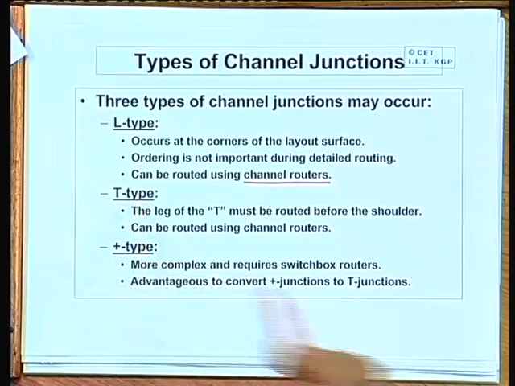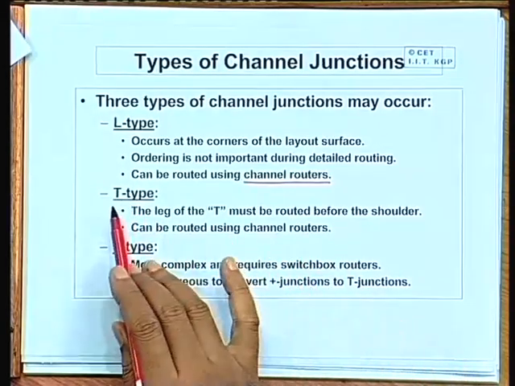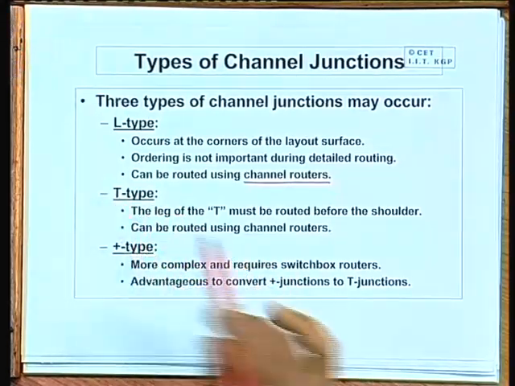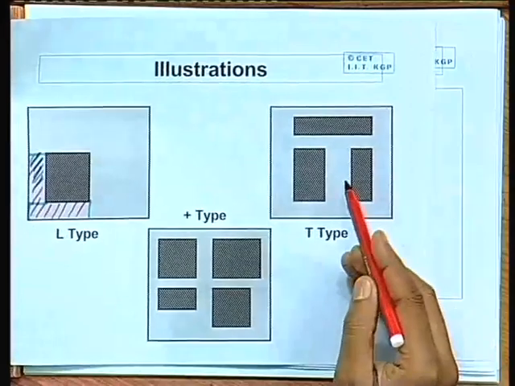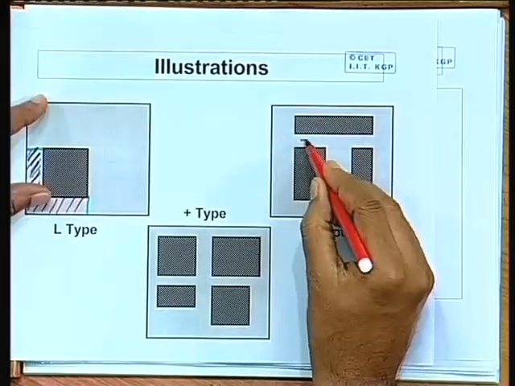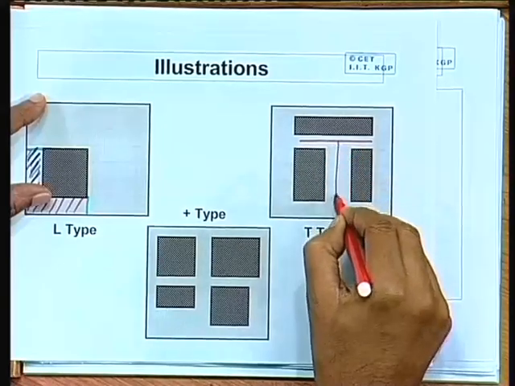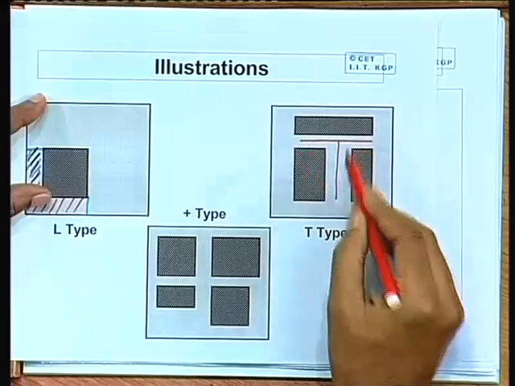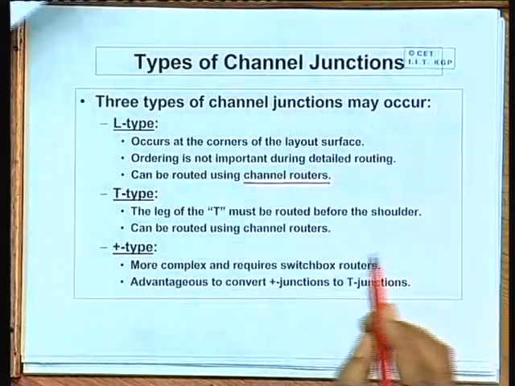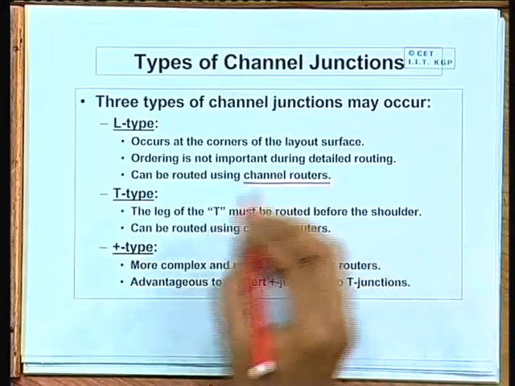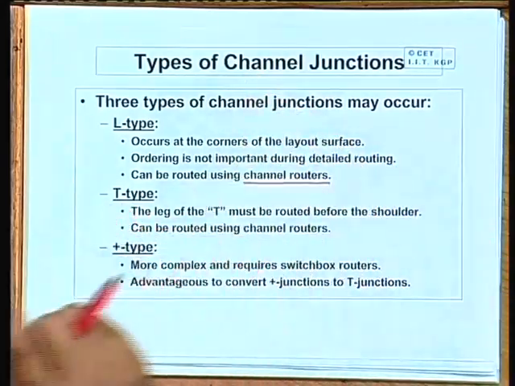The T type channel is the second type, where the channel between several blocks has the shape of a T, like the example here. There are 3 blocks and you have a T out here. The space you have in between has the shape of a T. Okay. Now, if we have a T type, here we are basically calling it a channel,